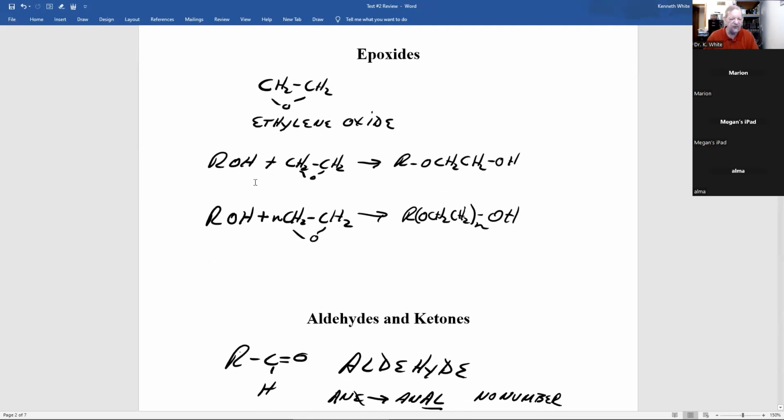All right, first reaction. You take an alcohol, react it with 1 mole or molecule of ethylene oxide, you make the following ether alcohol. If you take an alcohol and react it with more than 1 mole, that's what n is, 2 through whatever, you make this polyether alcohol. Now, it's important that the hydroxyl group is outside the bracket. A common mistake students make is they put it inside the bracket, and no such molecule has ever existed. And it's wrong, and I mark it wrong. And let's take a look at one of these.